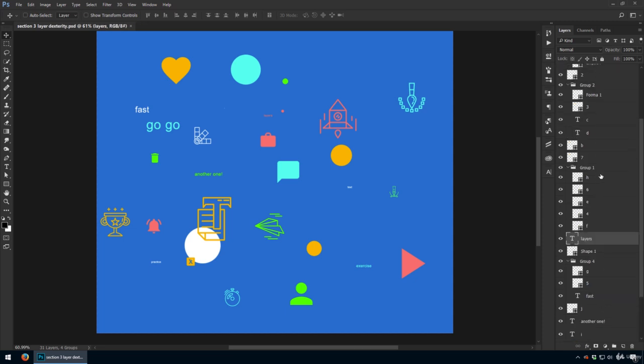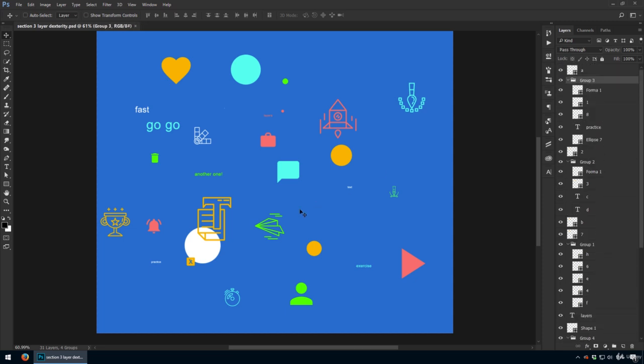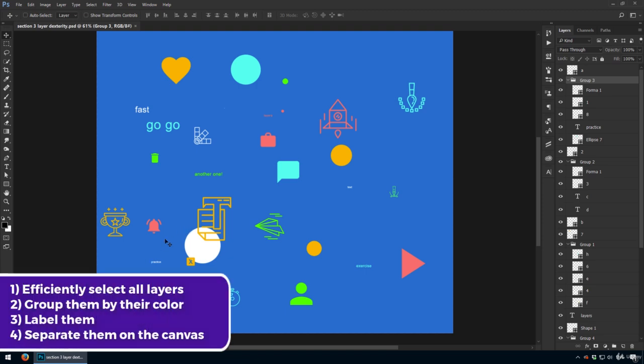I want you to select, move, and group all these layers based on their colour. There's 5 types in total: yellow, teal, green, white, pink. You have to do 4 things. Efficiently select them however you want to do that. Group them into individual folders, label them with their respective colour, and move them in a separate side of the